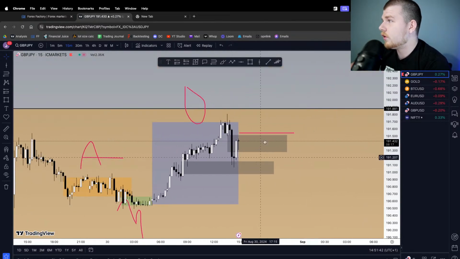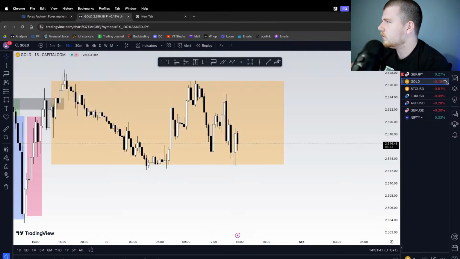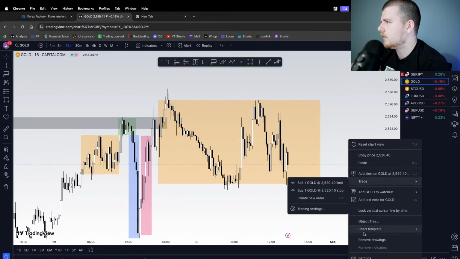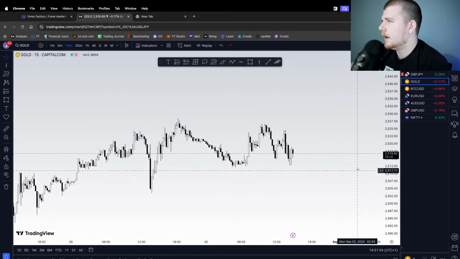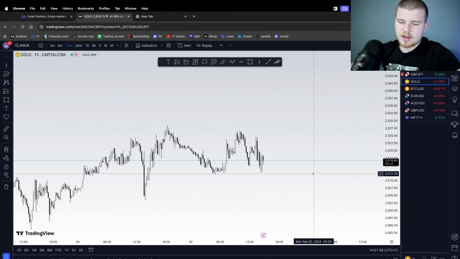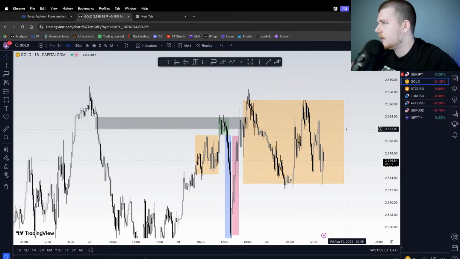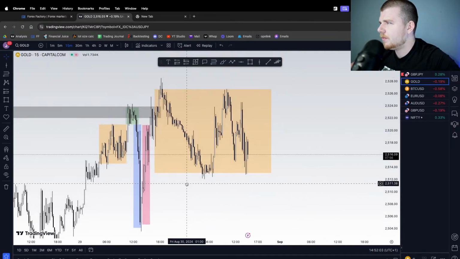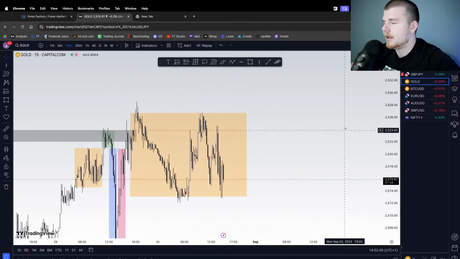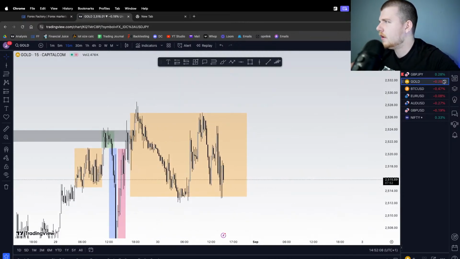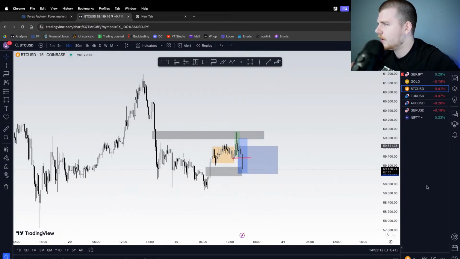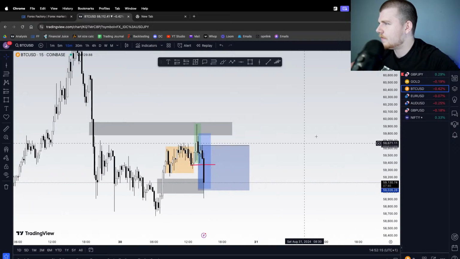GJ, what's going on here? We have started to respect this, although we are kind of pushing up again. Gold still consolidating. I'm going to get rid of this analysis now. Gold, honestly, actually, if I just put that back, I'd wait for a close outside of here, wait for some form of manipulation, and then once we've manipulated, we can look at taking a trade there. Bitcoin smashed my take profit there. Easy W.